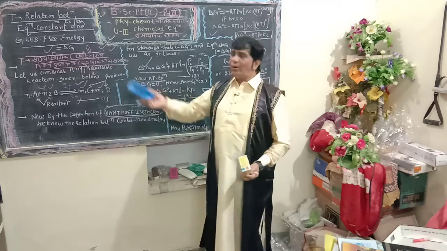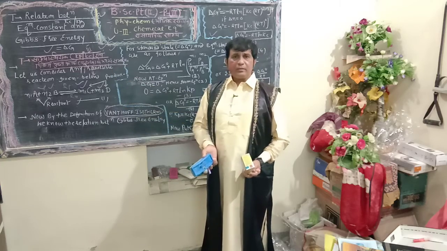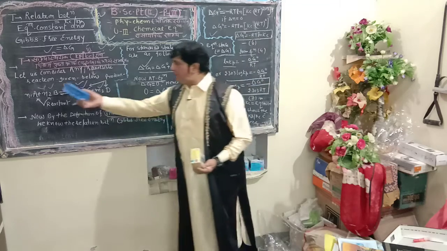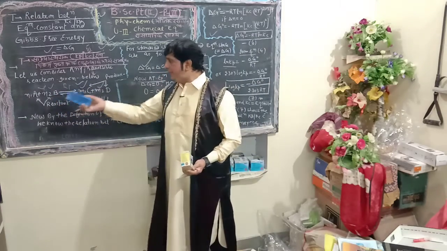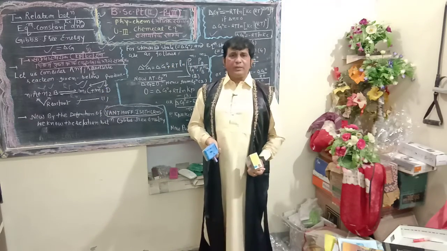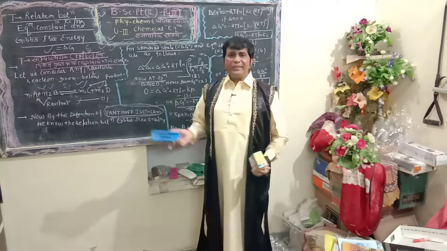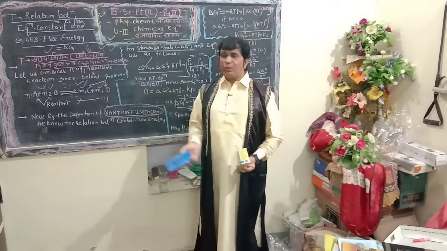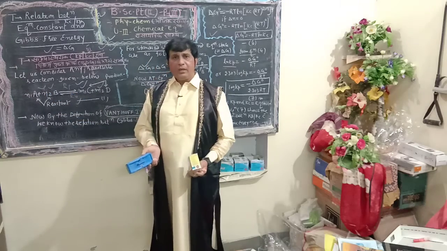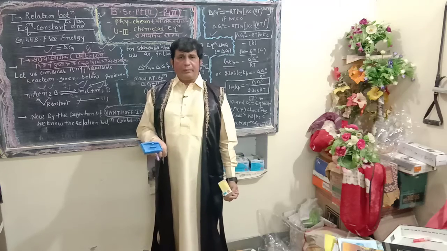On the other hand, we have also derived and defined the equilibrium constant Kp. The equilibrium constant Kp is the constant when in this reversible reaction, suppose A and B, C and D are present in the gaseous phase. In such a position, the multiplication of the partial pressures of the products, Pc and Pd, divided by the partial pressures of Pa and Pb, gives the value of equilibrium constant Kp.